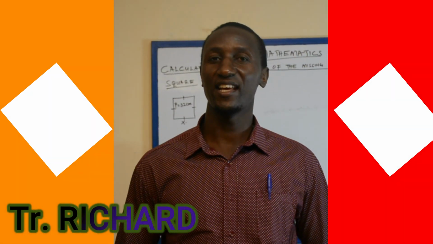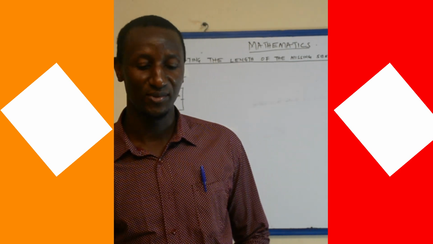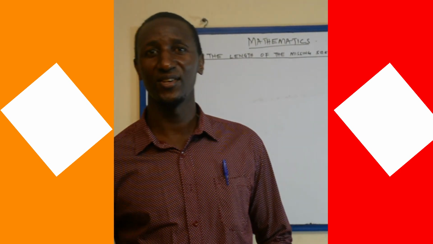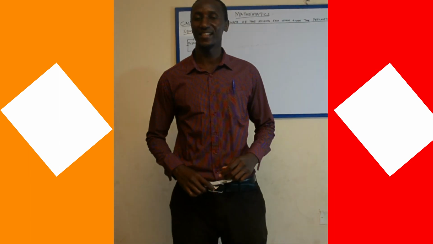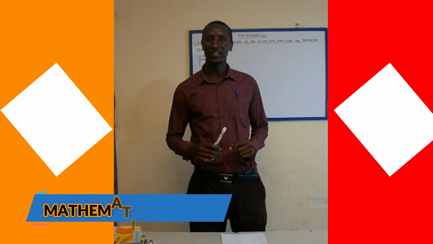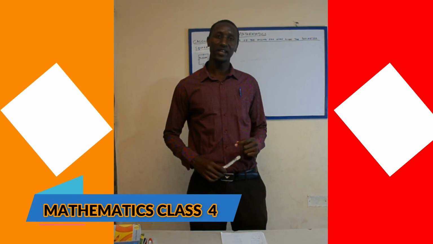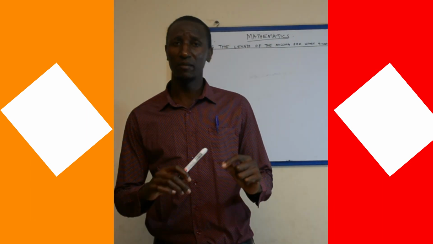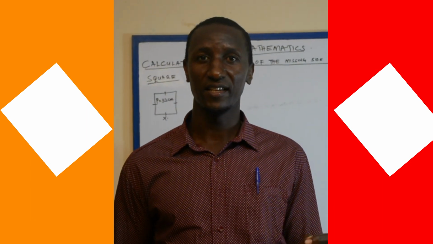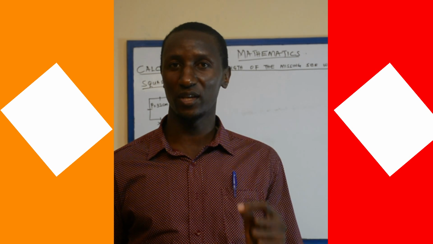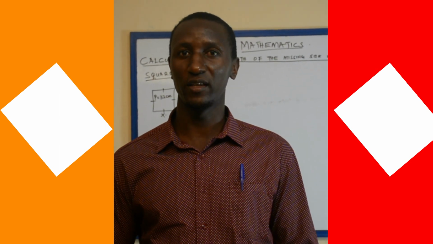I'm back today. Yesterday I was here with the perimeter of any given figure. Today, I think yesterday you enjoyed my lessons. So today I'm back with another lesson of finding the length of the sides. They have given you the perimeter, now they want the length of a given side. They give you the perimeter of a given figure, but one of the sides is not given, so they want that side. They want you to find it out.